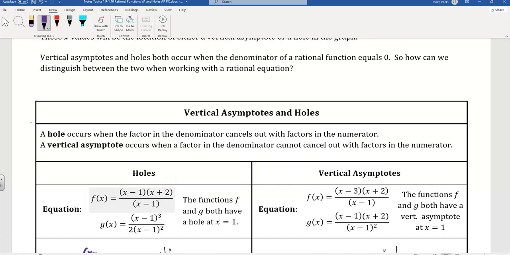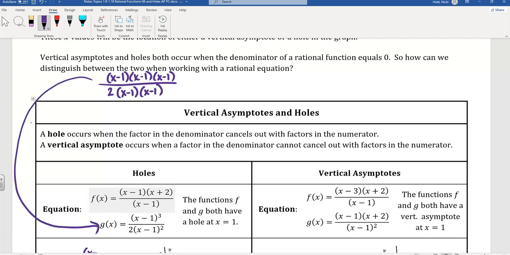So what we have here is x minus 1 times x minus 1 times x minus 1 over 2 times x minus 1 times x minus 1. That's what we're looking at right here. So if we see this, if you cancel the x minus 1 factors, and there are no more of them left on the bottom, then that is going to give you a hole in the graph. Okay, so you would have a hole